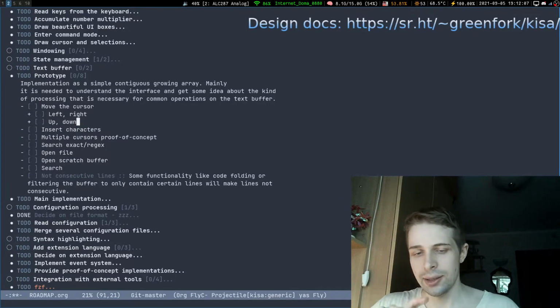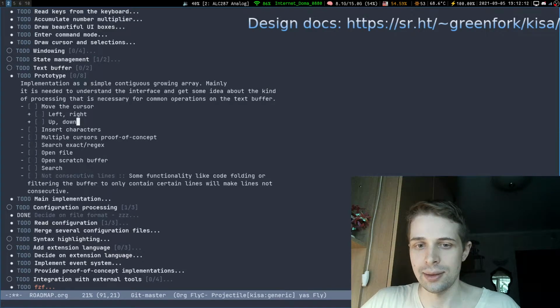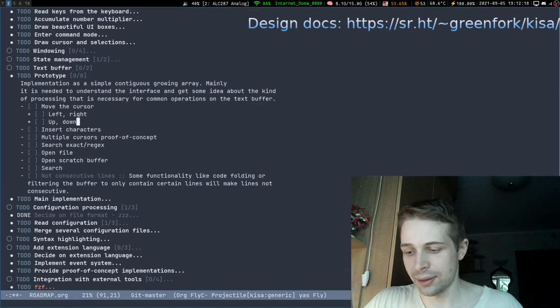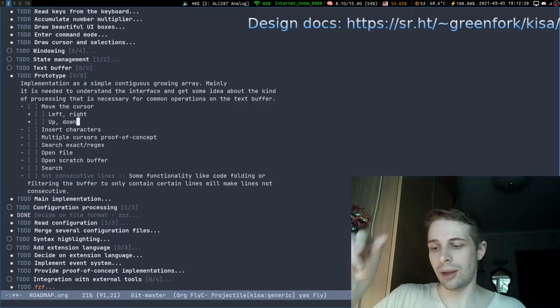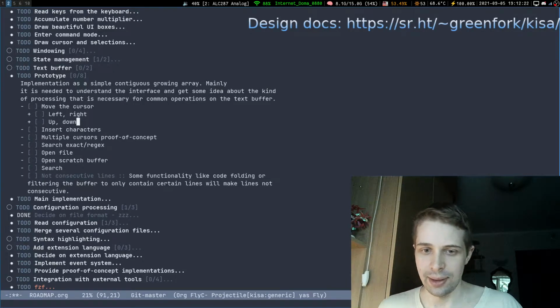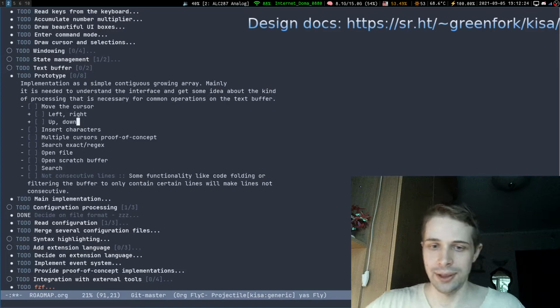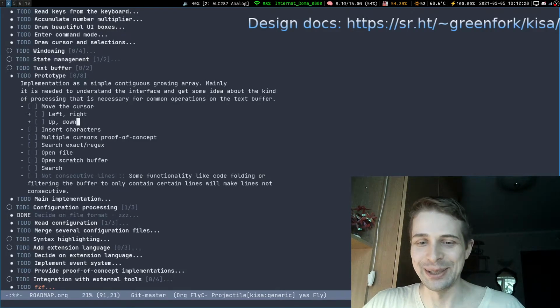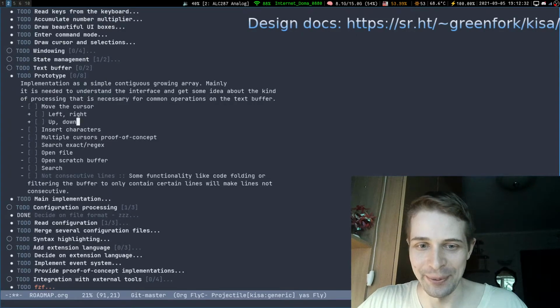Because left, right is just moving offset plus or minus 1, and up, down is actually calculating the next line, determining the current column, and going to that column of the next or previous line. So it's a bit involved, right? Maybe it looks very simple, but when you actually dig down to the implementation, it's involved.